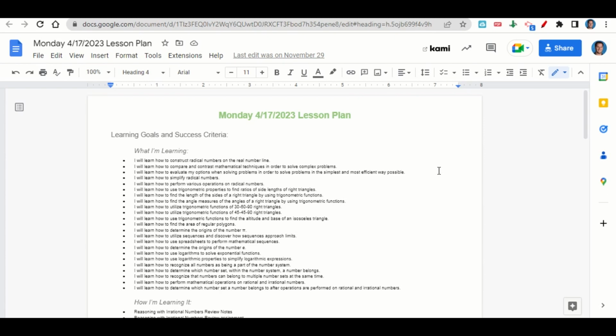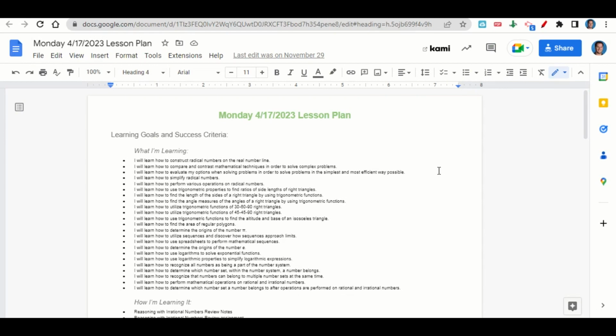triangle by using trigonometric functions, how to utilize 30, 60, 90 right triangles and 45, 45, 90 right triangles, how to use trigonometric functions to find the altitude and base of an isosceles triangle, how to find the area of regular polygons, how to determine the origins of the number pi, how to utilize sequences and discover how sequences approach limits, how to use spreadsheets to perform mathematical sequences, how to determine the origins of the number e, how to